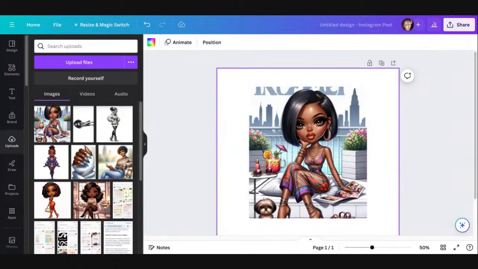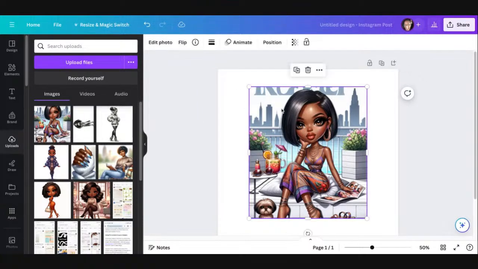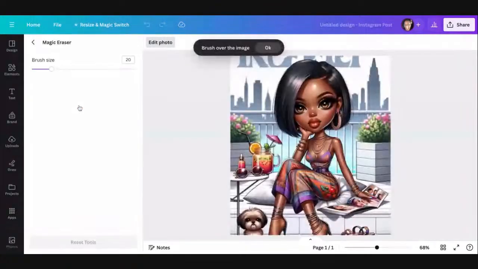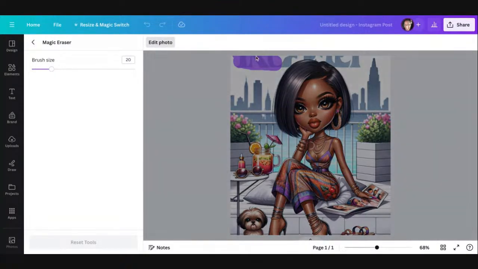All right, I got 10% left. I'm going to make this real quick. So I'm going to click on this. Let's see, edit photo, magic erase. And I'm going to use the brush and I'm going to see if I can try to get rid of this stuff. So let's see. I'm going to go here and let's see if I can erase some of this. This is probably a lot easier to do when you have an iPad, but let's see what happens.